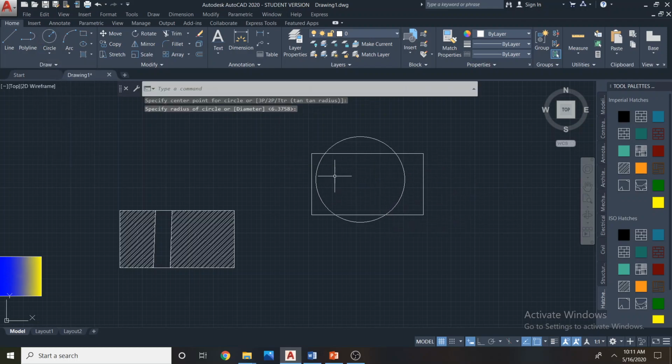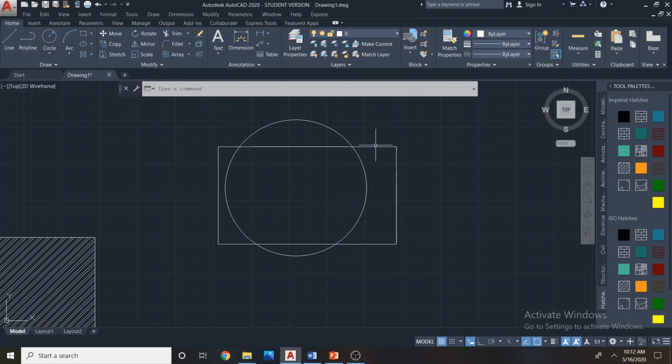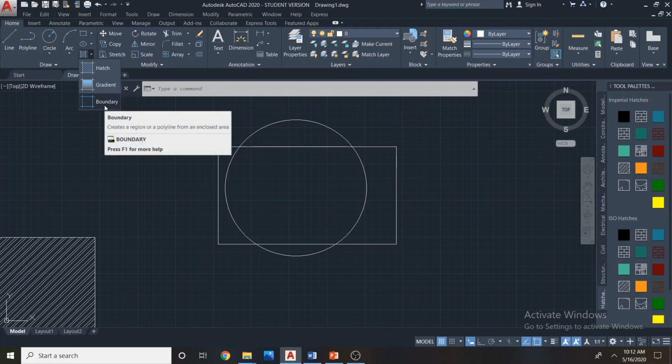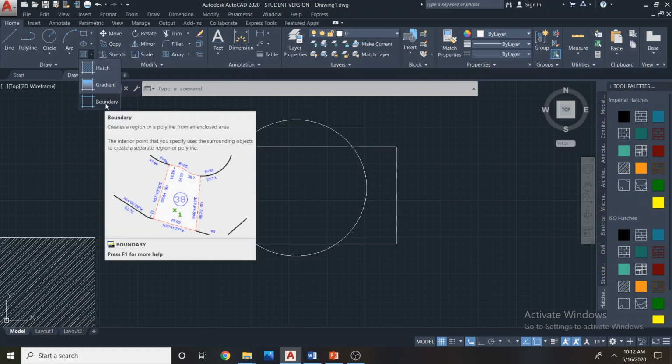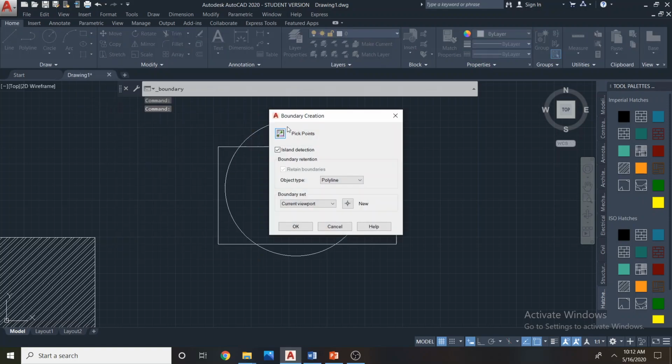Now if you want to extract only this area from a certain diagram, these days people may try to trim these areas and get it, but the boundary tool will be handy here. If you look at the tool, it shows you some plot, so you can actually extract the drawings from a certain common area. So I'll try to run the boundary tool. It says pick points.